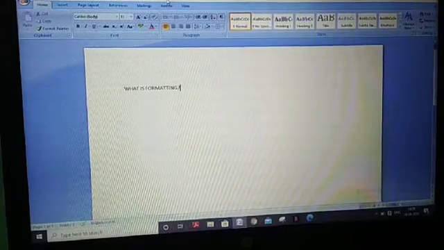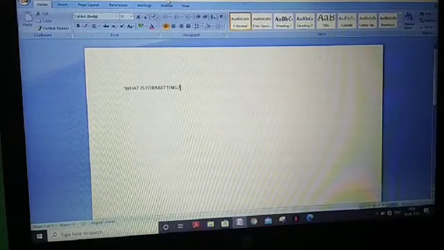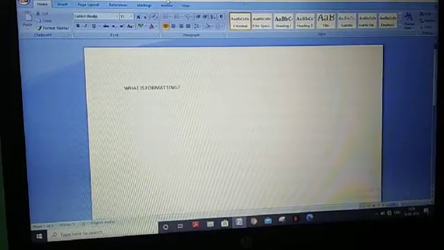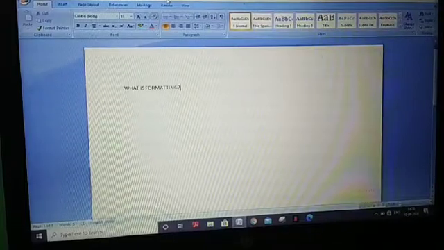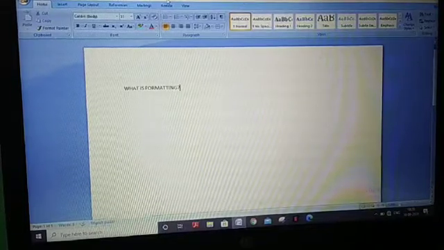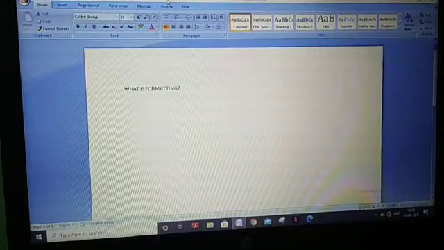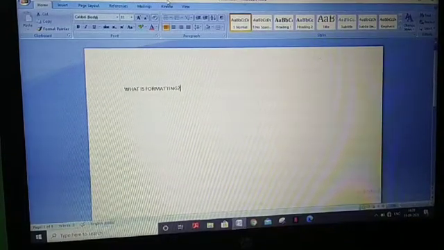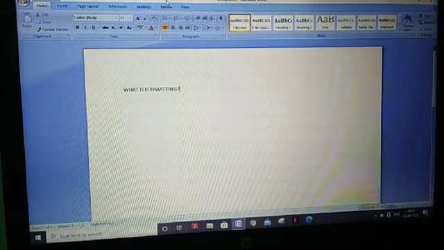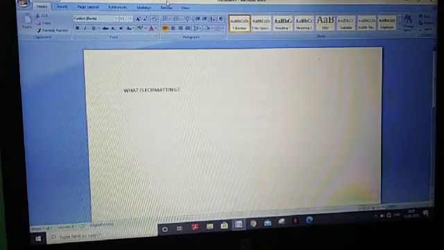So Home tab, Insert tab, you know about these tabs. Home tab, Insert tab, Page Layout tab. In these three tabs, there are various options which help in formatting. So I already typed here the text, what is formatting. All of you know we can format it. I'm going to do this. Now for formatting, first of all,